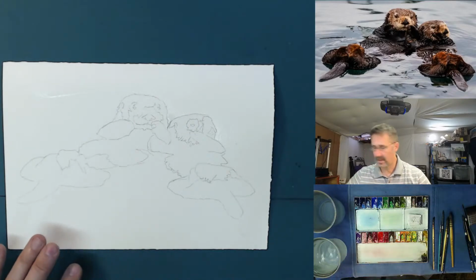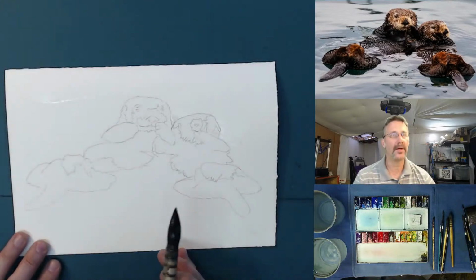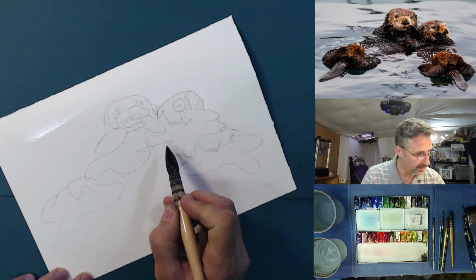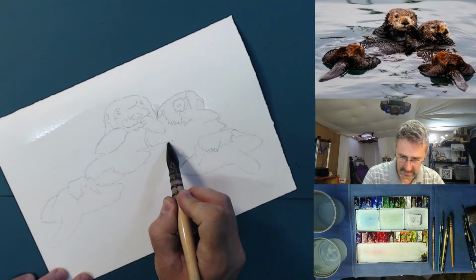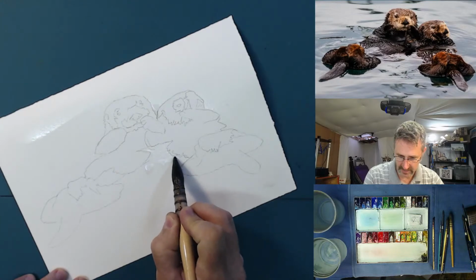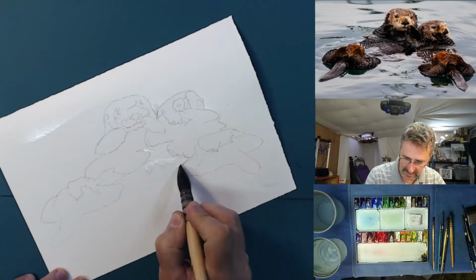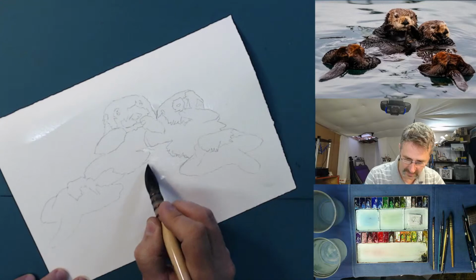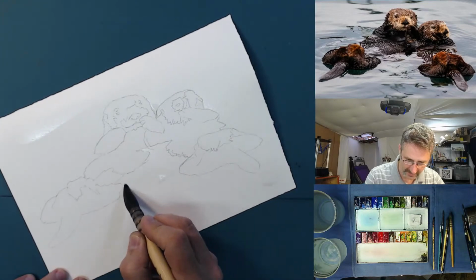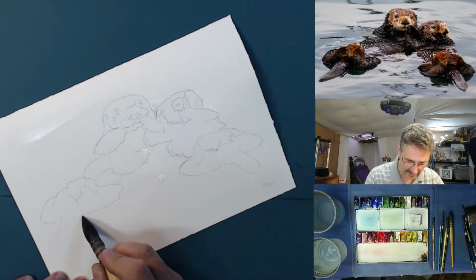Nothing wrong with that. I will say this is Arches 140-pound paper. So it's good quality paper, but still when we get it wet, from time to time it will warp a little bit. I will tell you, I tried a little experiment,